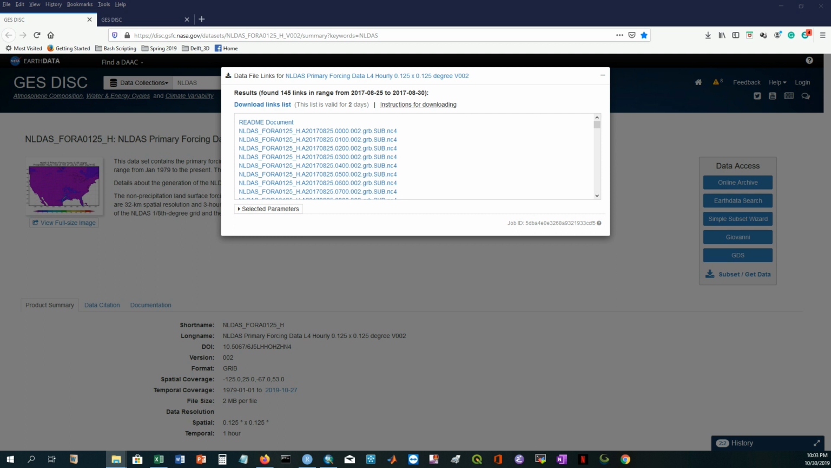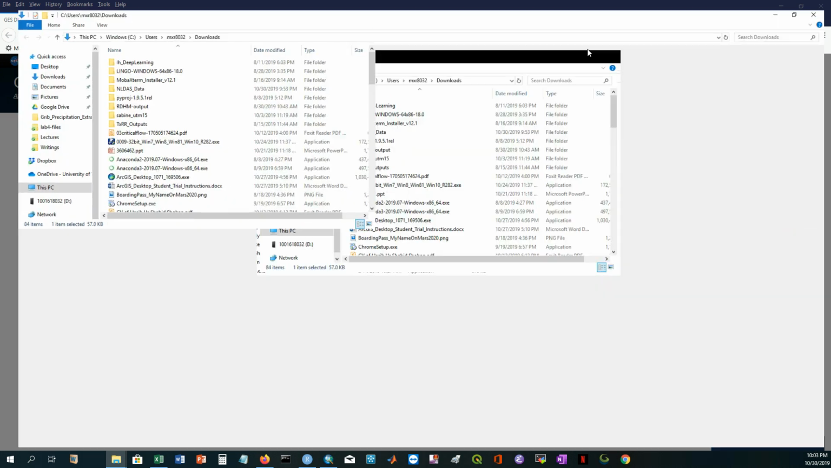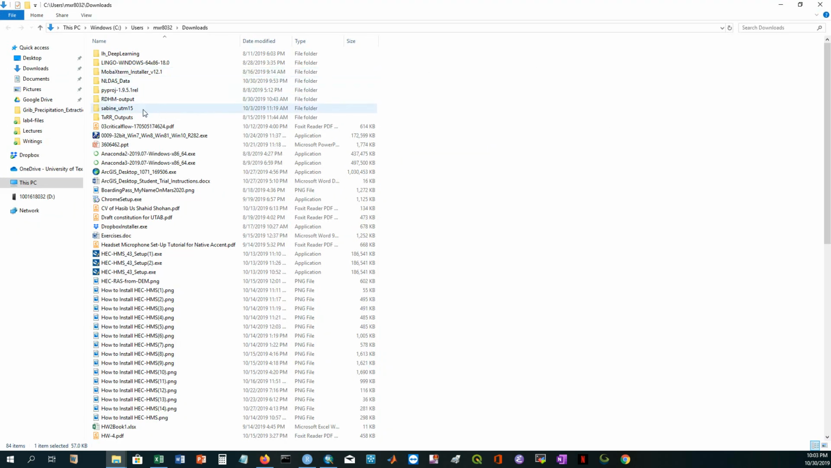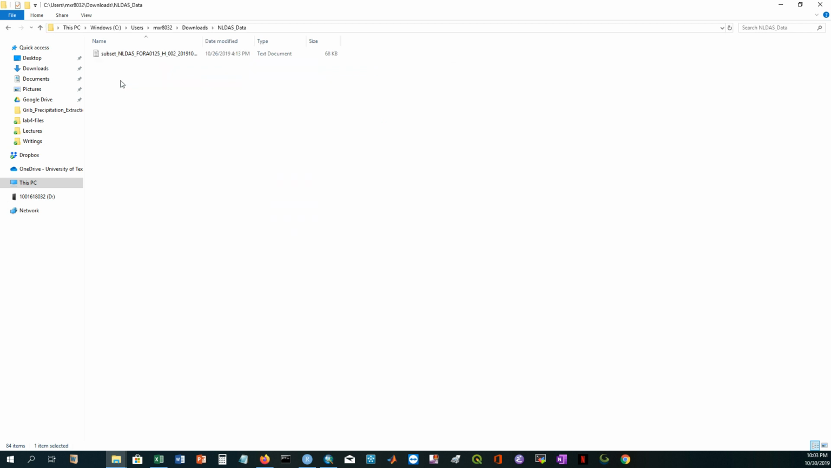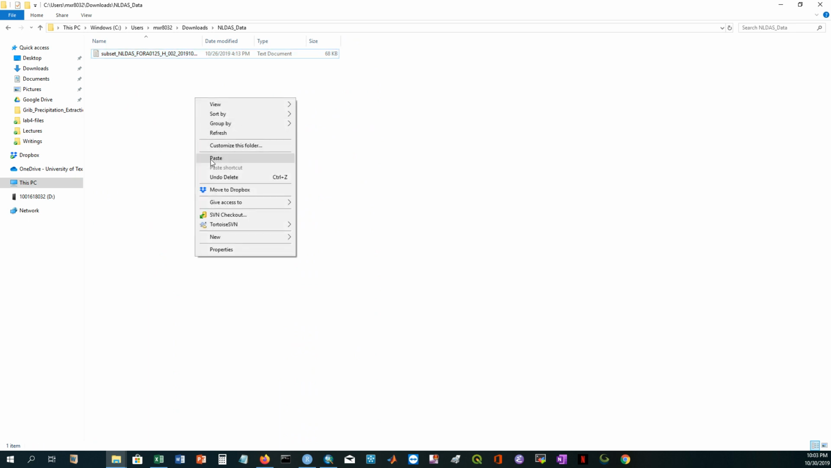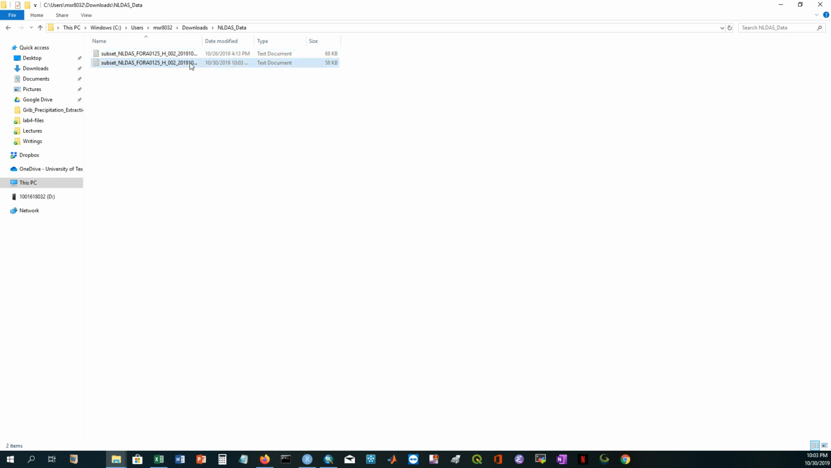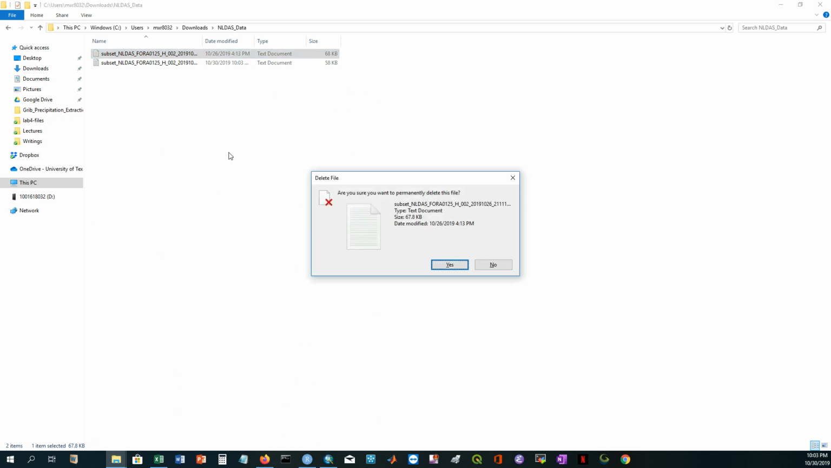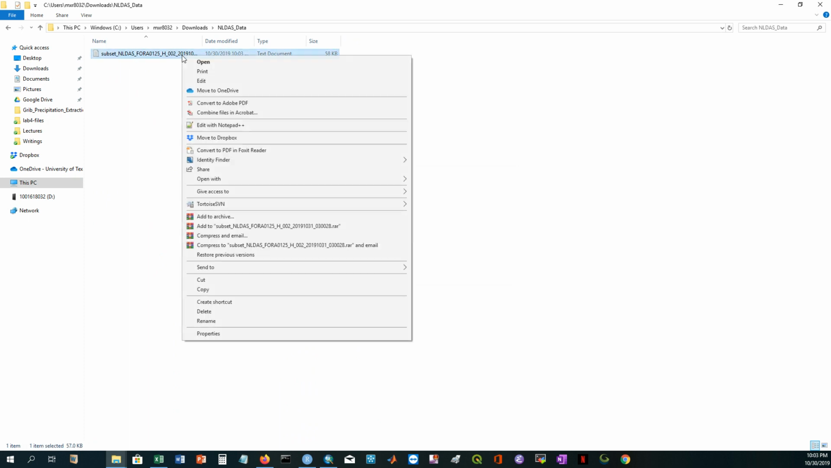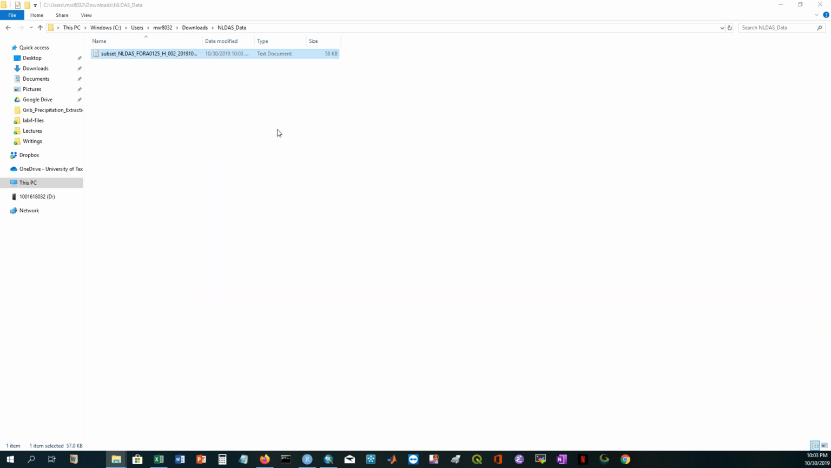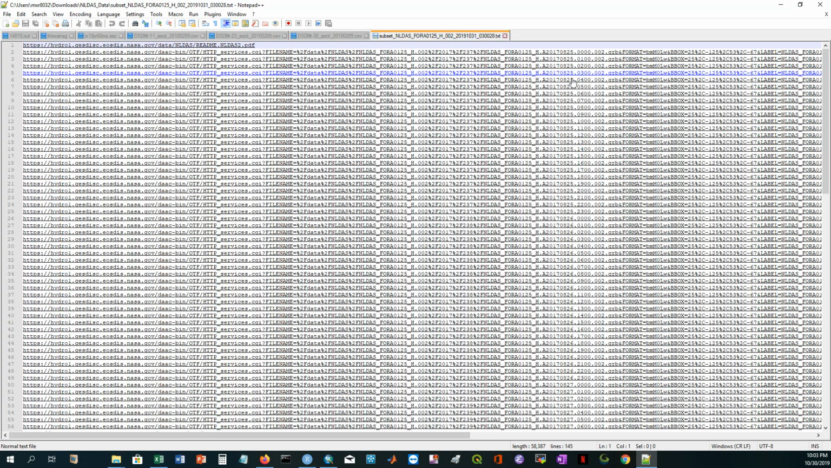I'm cutting it, and here, see, I've already created a folder named NLDAS data, and I can just replace the latest one with the previous one here. This is the latest one. If I open it with Notepad++, you can see the link of every file